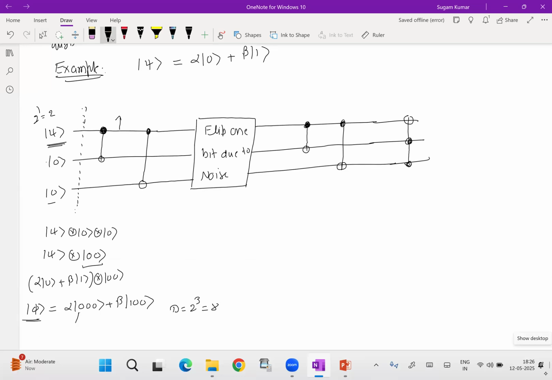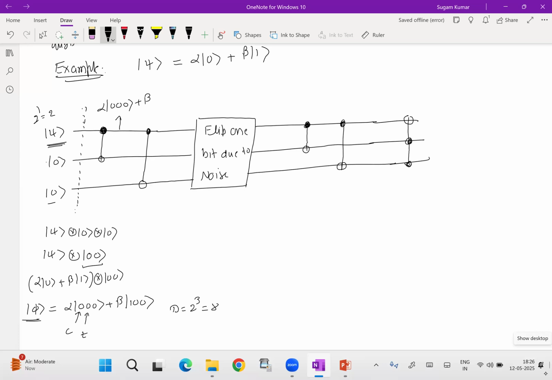This is the control bit, and this is the target bit. When the control bit is 0, nothing happens to the target bit. So this is going to become alpha 0, 0, 0. And since nothing happened to the 0 also, because I'm applying the C0 gate only on the first 2,